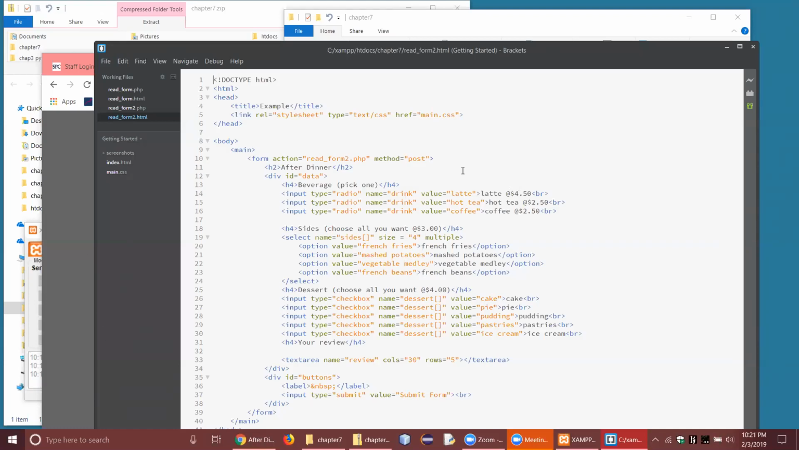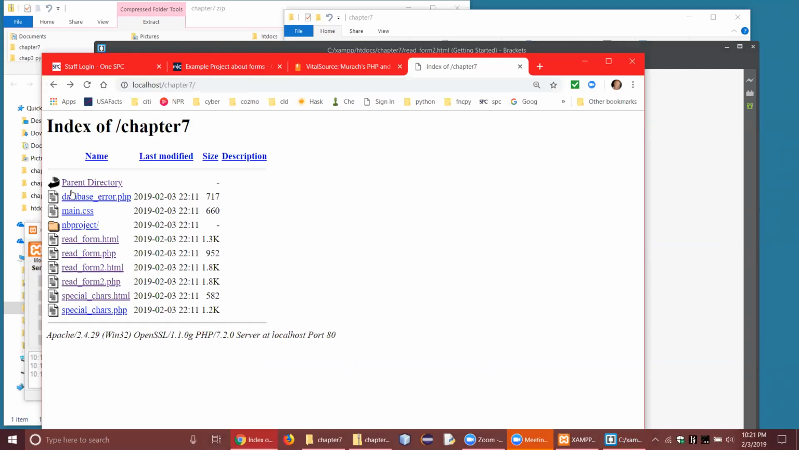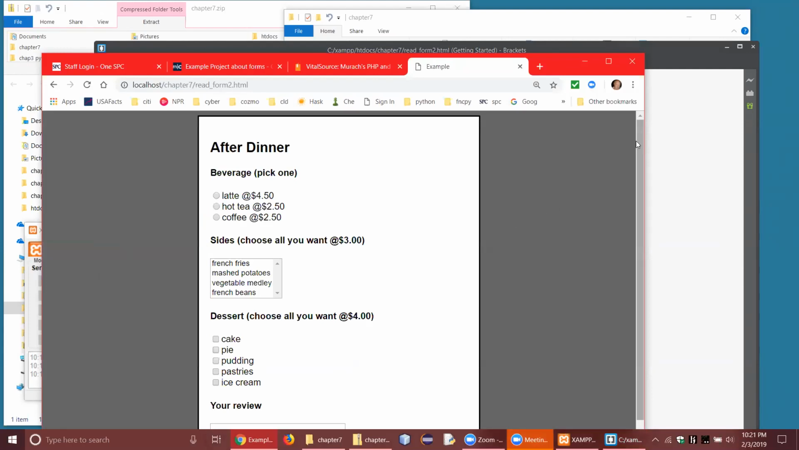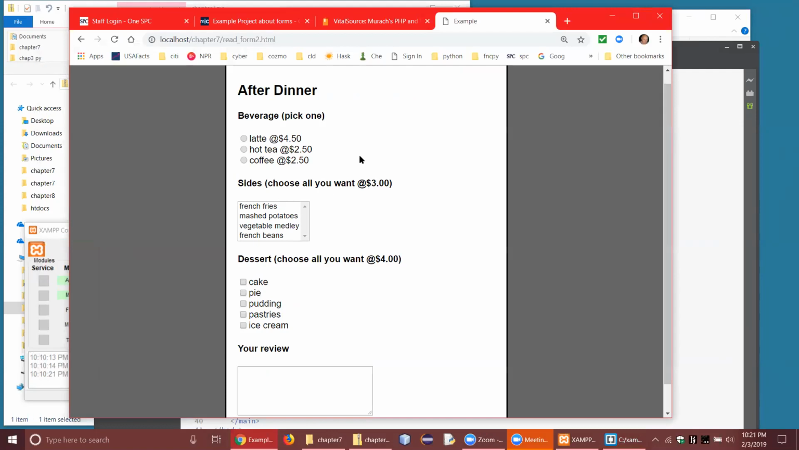But I also wanted to add up the price of a meal here, which would be similar to the task you have with ordering a pizza. So let's see how that looks if I go back to my project here in Apache, and we'll look at read form 2. So what I've done now, as you can see here, I've added prices for the various items